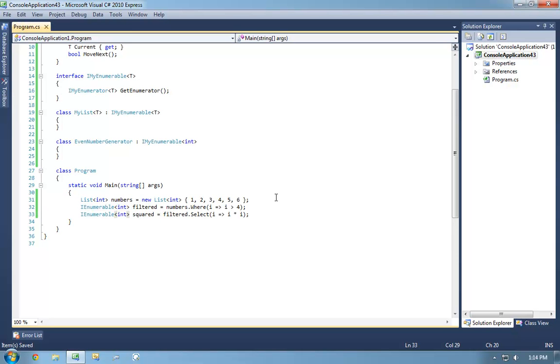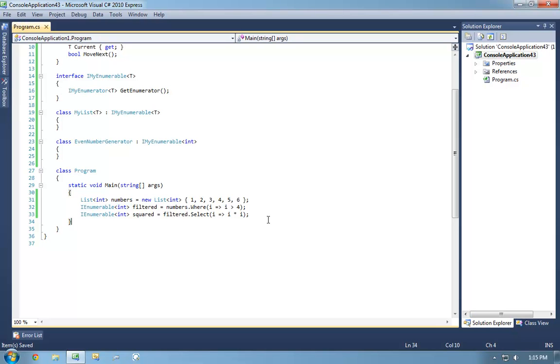You'll notice that the types are very important. The object that's actually returned by where and select is the result of the compiler generating iterator blocks, basically. When you create an iterator block, the compiler generates a class for you. When you invoke a method that is an iterator block, you get an instantiation of that type. But the backing type of these two local variables is completely irrelevant. We don't really care what the real type of them is. We just care that we can access them via the IEnumerable interface.